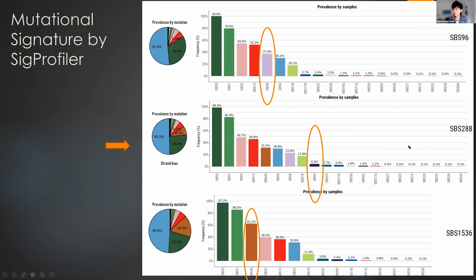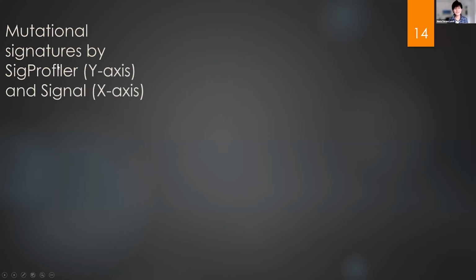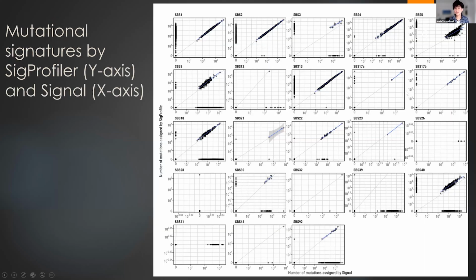So we decided to use the 288 mutation types, but we kept in mind that there is a very large difference from just changing the mutation types. And this is not only when we looked at different mutation types in SigProfiler, but there are many differences also across algorithms. So for example, when we compared SigProfiler with SigNAL, we saw that the clock-like mutation signature or the APOBEC were captured better by SigProfiler, or at least that there were more mutations assigned to these signatures in SigProfiler than in SigNAL.